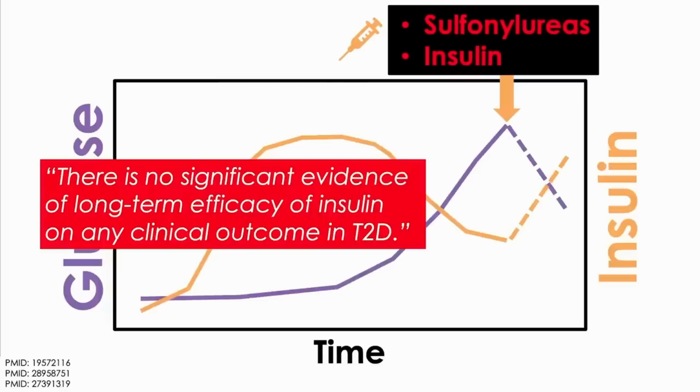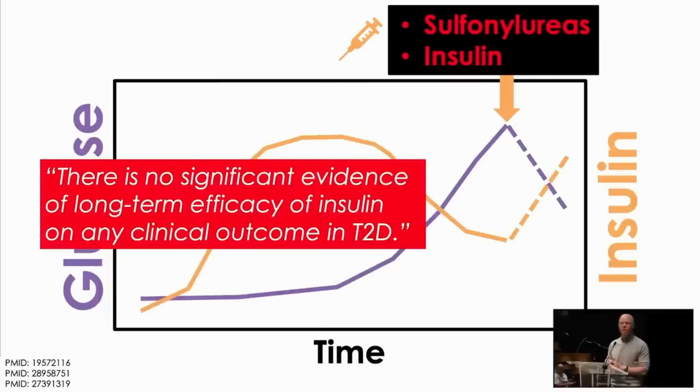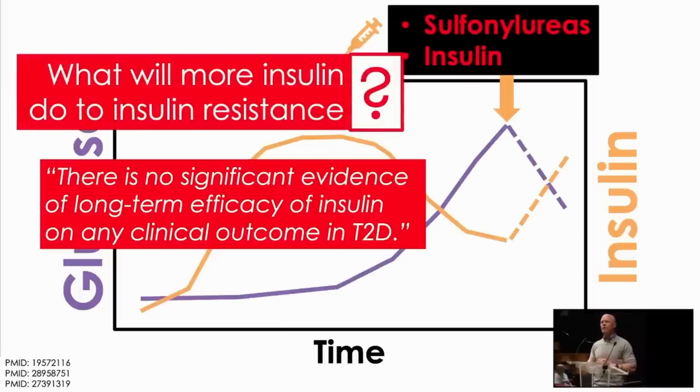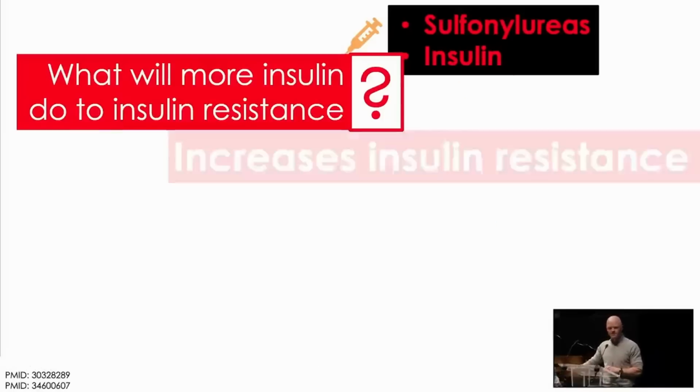No. This meta-analysis that was published a number of years ago noted that there is no clinical benefit to lowering glucose in type 2 diabetes with elevating insulin. And in fact, knowing what you know now, that high insulin levels are a common cause of insulin resistance, what do you think happens to the insulin resistance? As you are taking the hyperinsulinemic patient and making them even more hyperinsulinemic, remember, it's the noise that's causing the deafness. And we are simply cranking up the volume. It's no surprise that insulin resistance gets even worse.